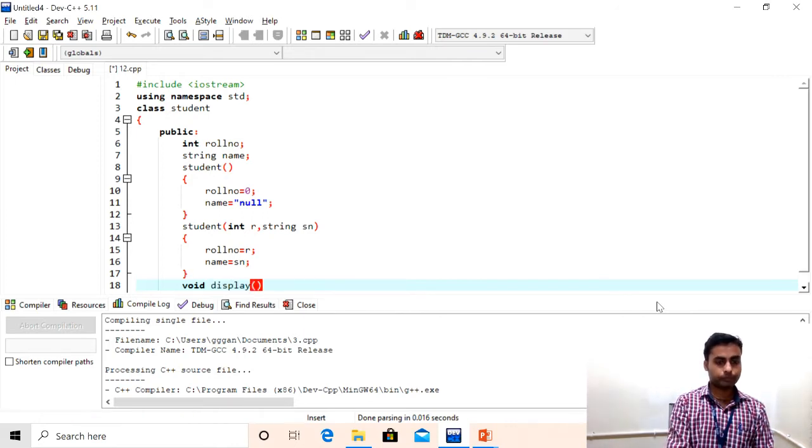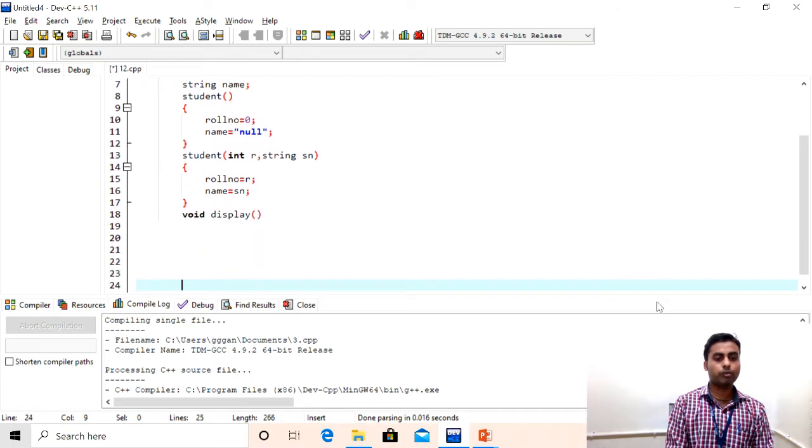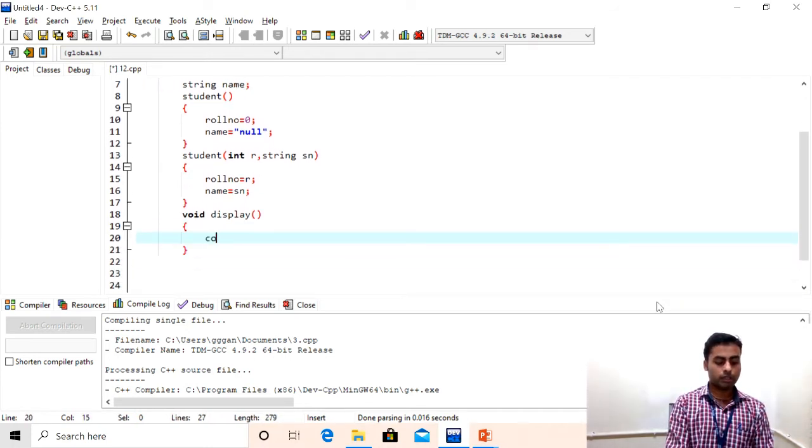Then comes the display function, void display, and this function will be used for displaying the values of roll number and student name. Here cout, first roll number, which will be the roll number variable, and then I am using a manipulator for the new line.